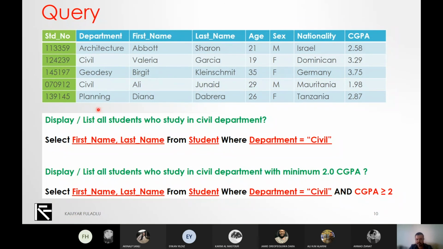We could write the same thing, but in a where we will say that the department, this field name, equals civil. At that time, it is just considered civil students, and after that, those whose CGPA is more than or equal to,